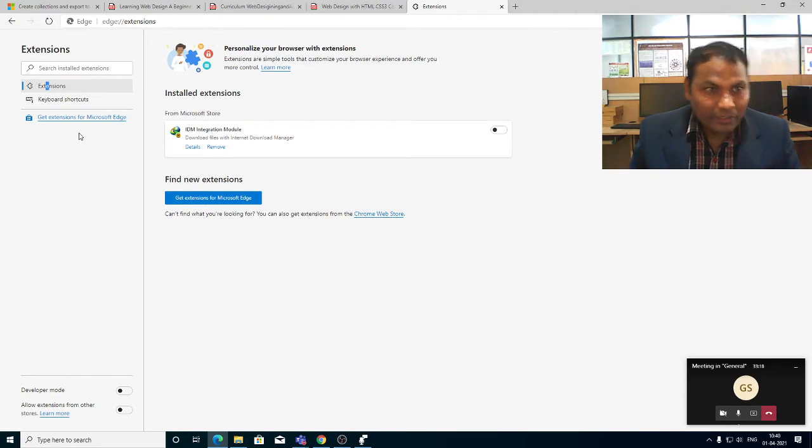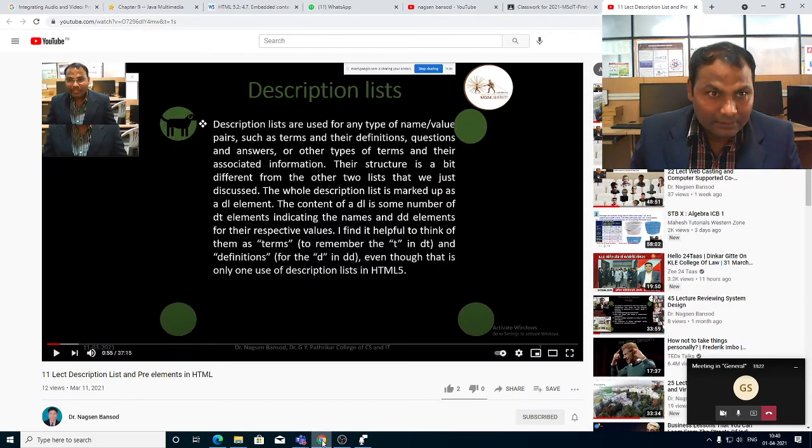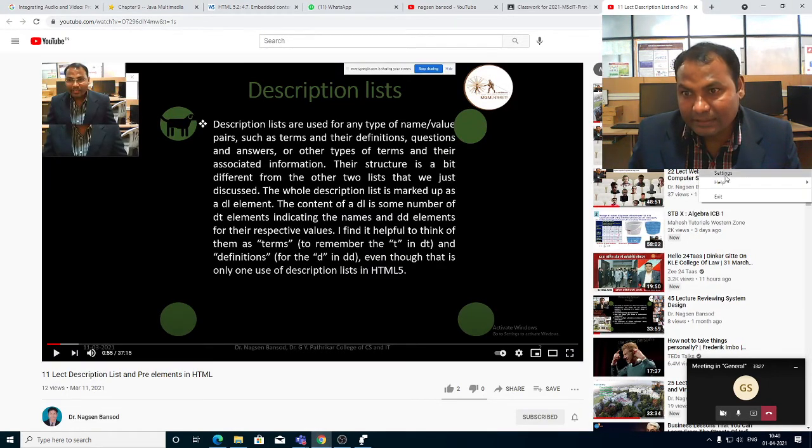So we have to download the extensions and add them here. Similarly, we can also add them in other browsers.